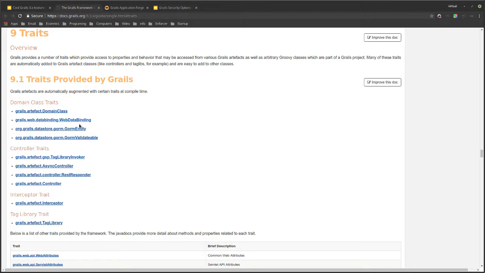But then Groovy added traits, which replaced a lot of that compile time metaprogramming, which is easier to maintain, and the fact that you get IDE support from it out of the box.